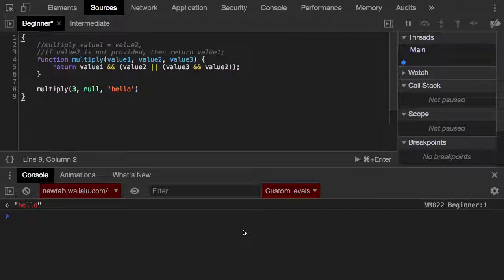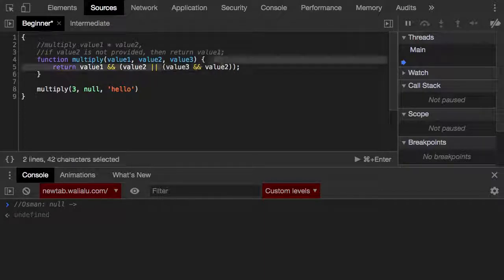What will this return? Osman? Nil. Why nil? Value 1 is true, correct. So then we can delete that if you want, right? So now it's up to this expression, right? So is value 2 truthy or not? It's falsy, correct. So then we move to the right, right? What happened here? So we are narrowing the expression. Value 3, what's value 3? Value 3 is true,